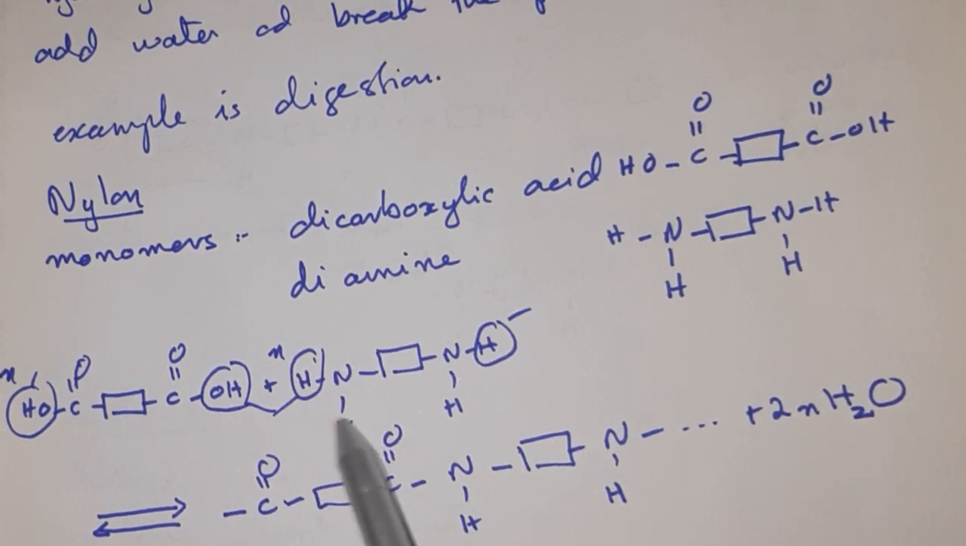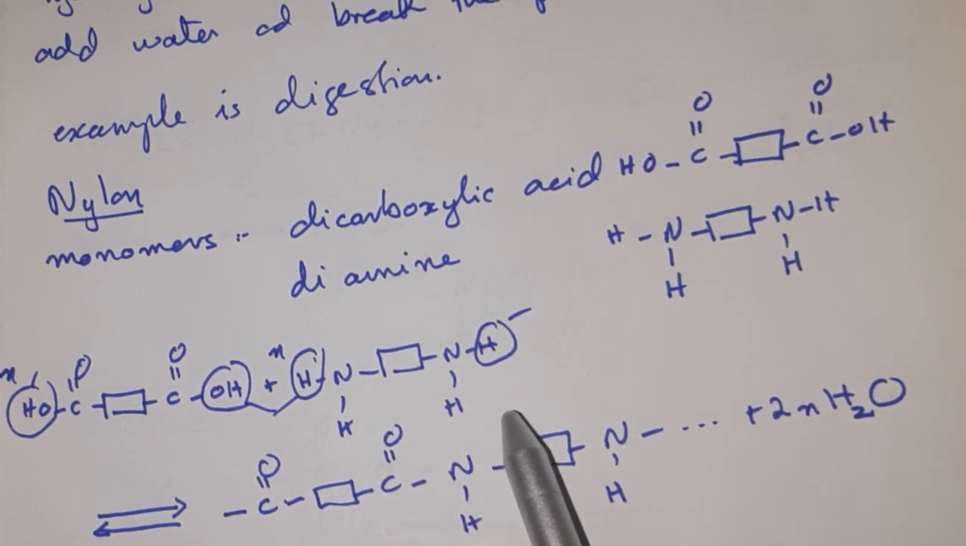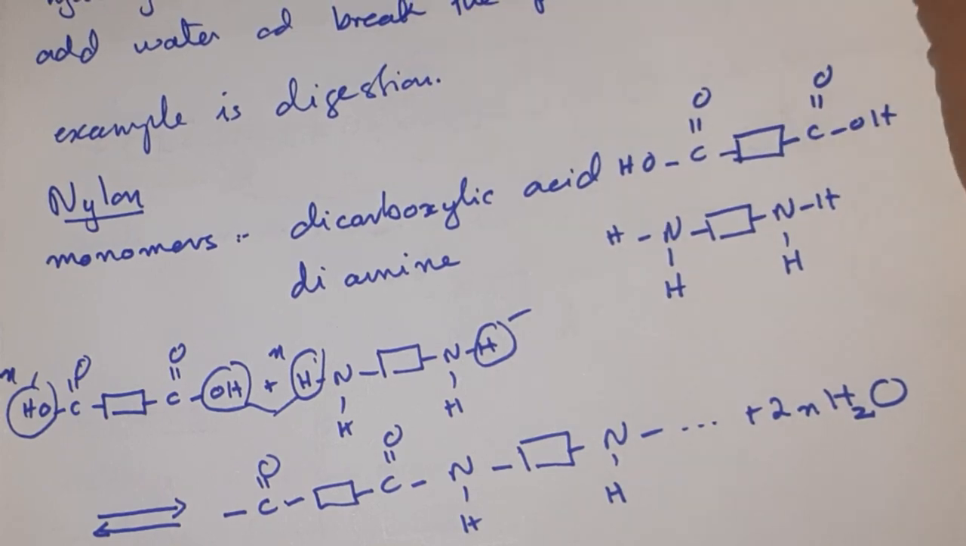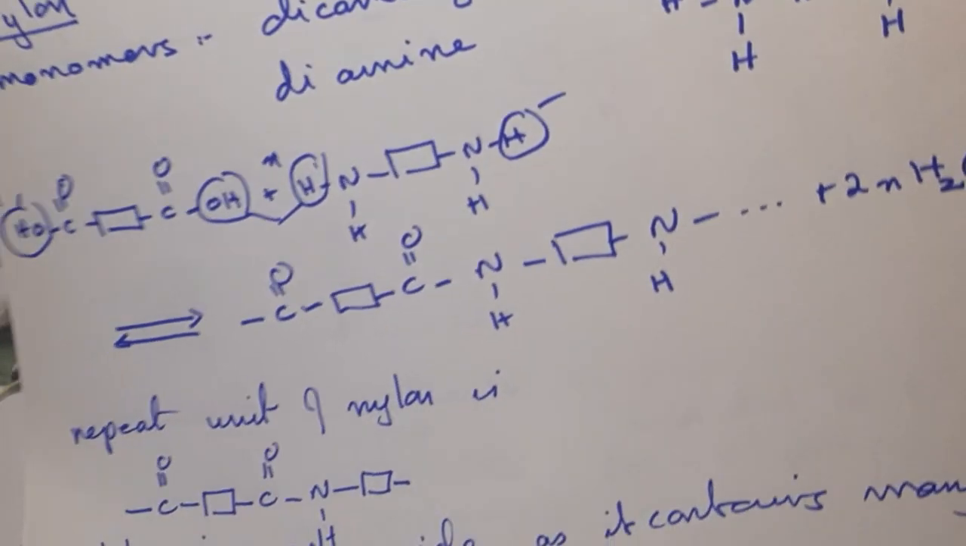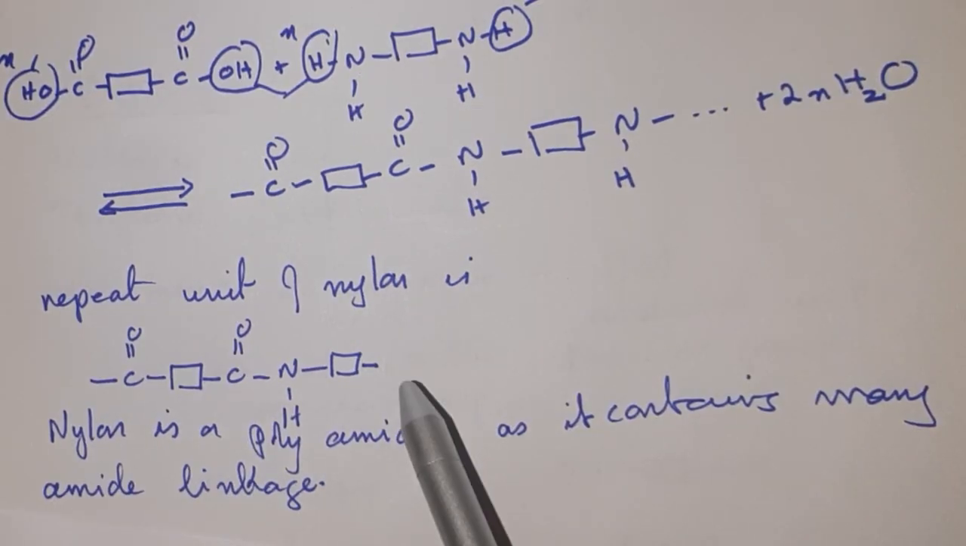the H of the amino group and the OH of the carboxylic group are removed as a water molecule, and this is the linkage formed, which is the amide linkage. This is common for proteins and for nylons. So the repeat unit of nylon is this one and this one, and you can see over here